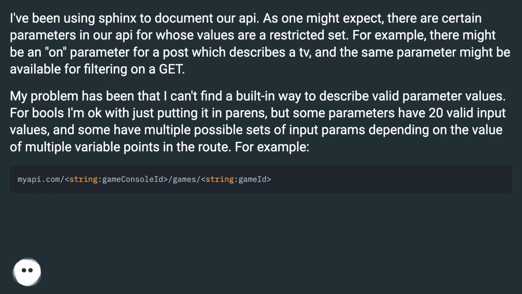My problem has been that I can't find a built-in way to describe valid parameter values. For bools I'm okay with just putting it in parens, but some parameters have 20 valid input values, and some have multiple possible sets of input params depending on the value of multiple variable points in the route. For example,